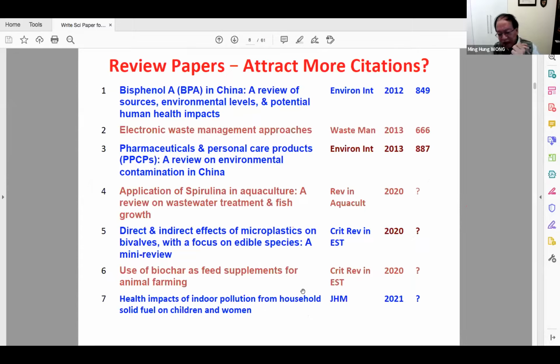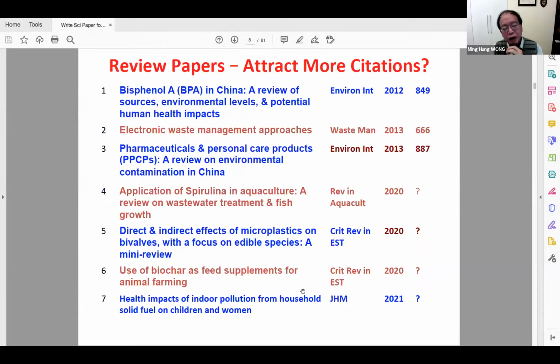People always ask me, can review papers attract more citations? I think you may agree with me. The answer is yes. And according to our experience, we try to review the toxic chemicals, and also emerging chemicals of concern. Now, these chemicals, we have been using them for quite some time, and only recently we found out they are not so safe. So these are new, emerging topics. So it seemed to attract quite a bit of